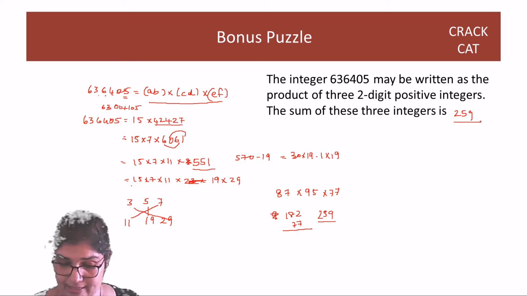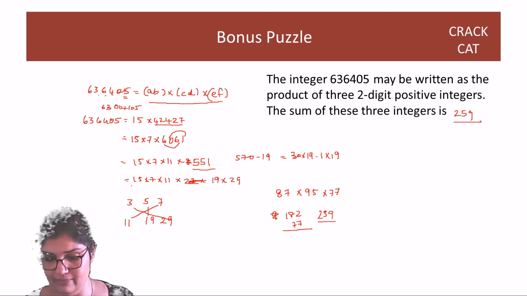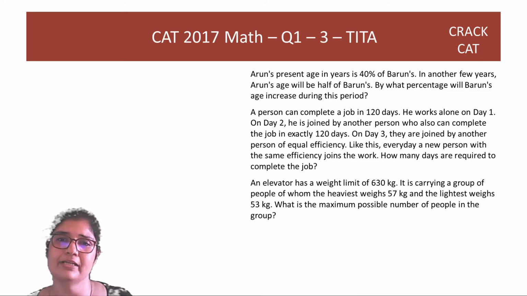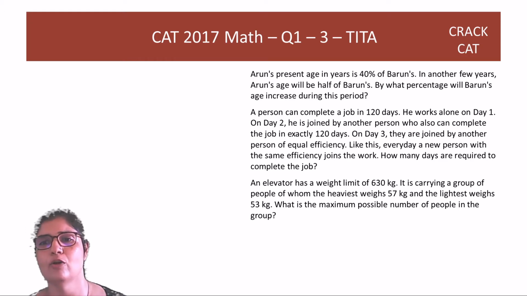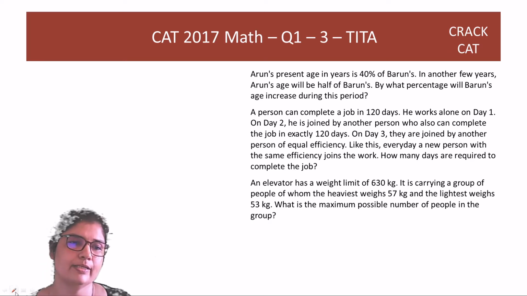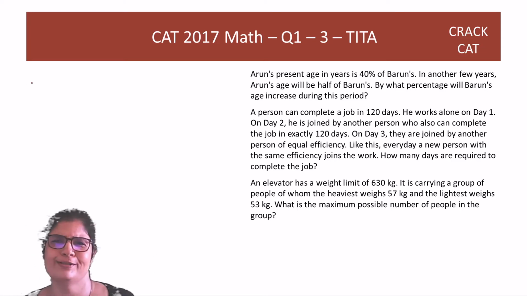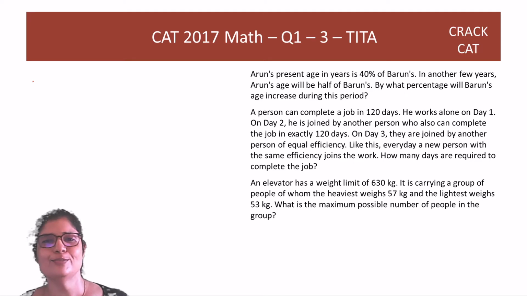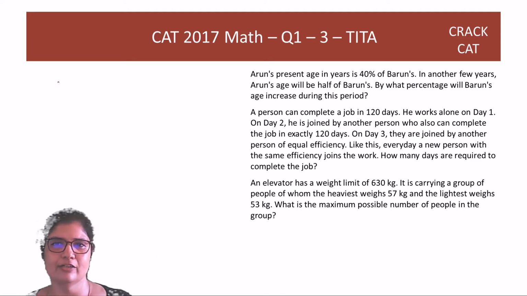Great. Now let's do 2017 maths. 2017 maths, guys, like other CAT papers, the 2018-2019 paper, right? There's a lot of focus on arithmetic. So let's do all these questions. Most of them are arithmetic, and then you have a little bit of geometry and a little bit of ratios, which is also arithmetic.